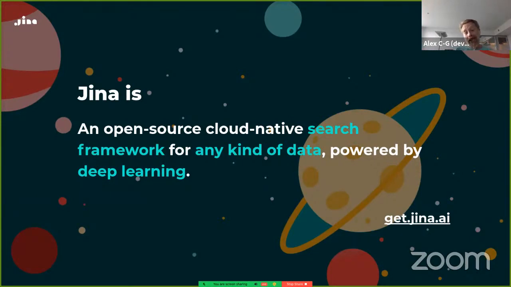When we say any kind of data, we mean any kind of data. Most people think of search as just typing text into a search box, but we go beyond that. You can search by uploading an image and it'll find similar images. Or you could upload an image and it'll find video clips that are similar. Or you can upload a video clip, you can upload audio. Heck, you can even upload protein information and find similar proteins. If there's a deep learning powered model to do it, it can be integrated into Jina, and then you can use that as a search input and output.